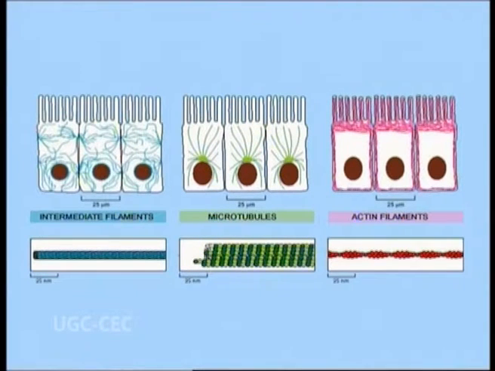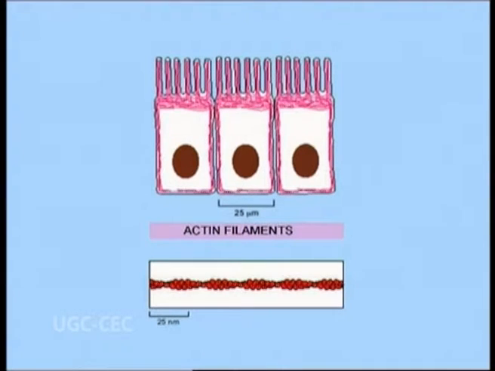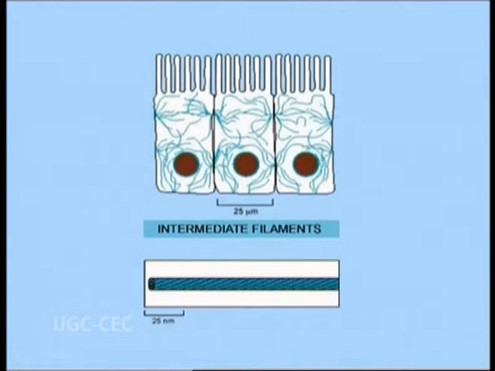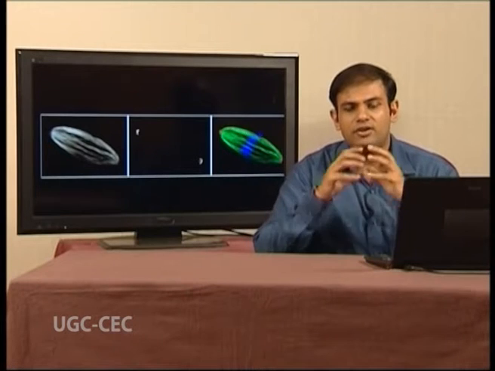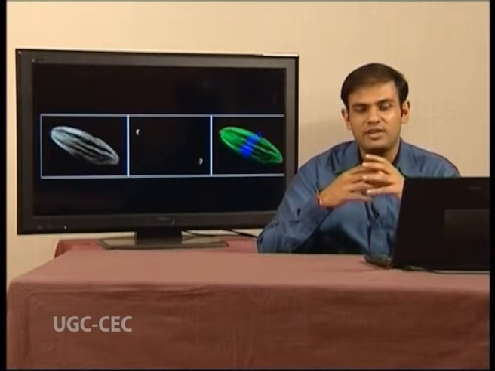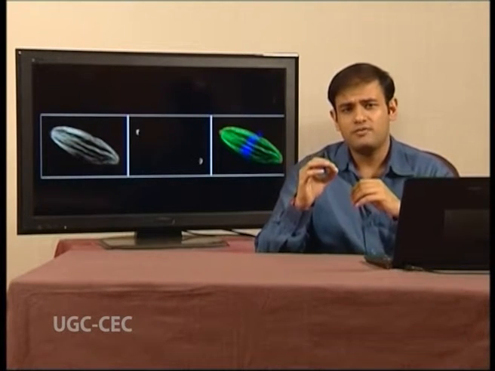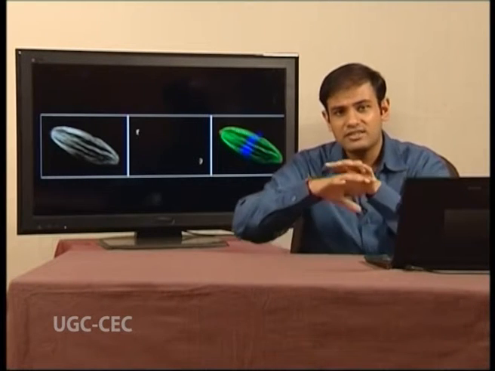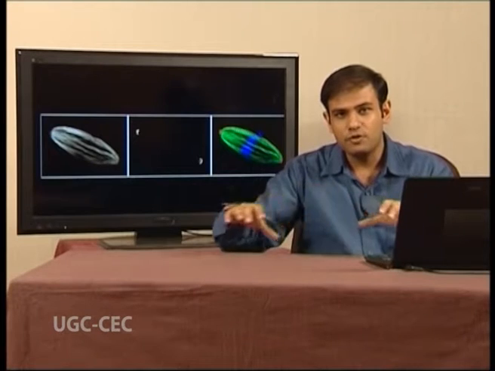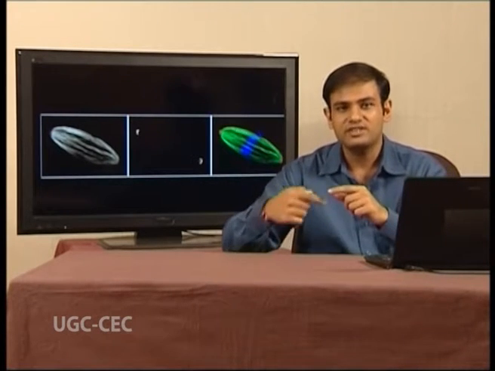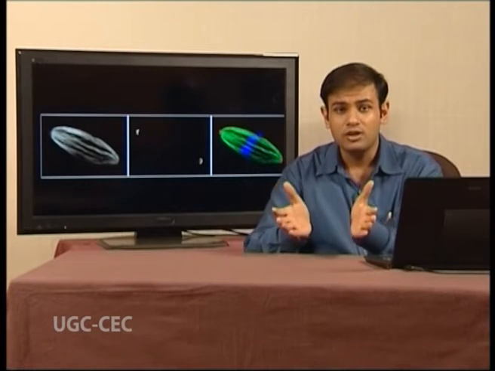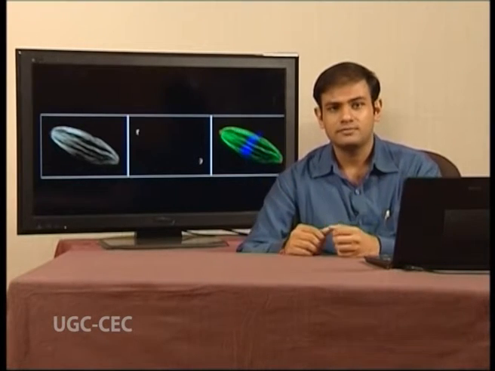The change in shape is attributed to three types of protein filaments which are present within the cell. This is the microtubule, second the microfilament, and third the intermediate filament. The microtubule possesses a number of unique physical properties that allow it to participate in a number of functions. One of the most important functions of microtubule is to serve as a scaffold. When the scaffold is provided, the microtubule is able to give shape to the cell, and this is what contributes to the various shapes of the eukaryotic cells.